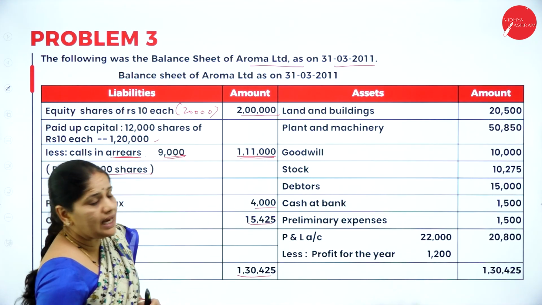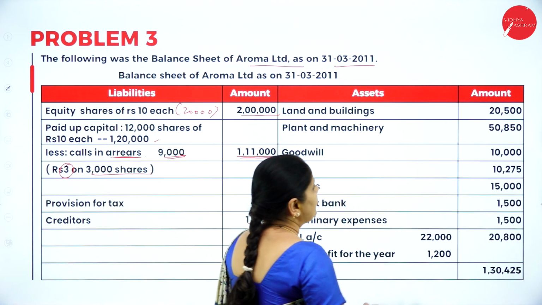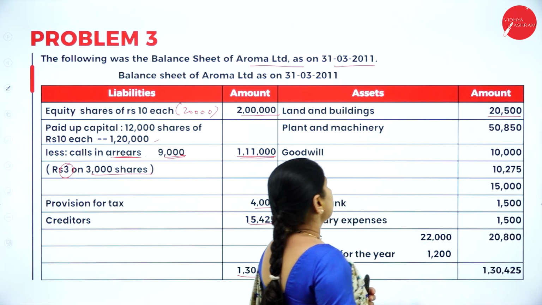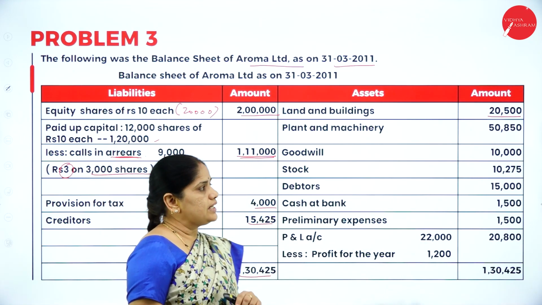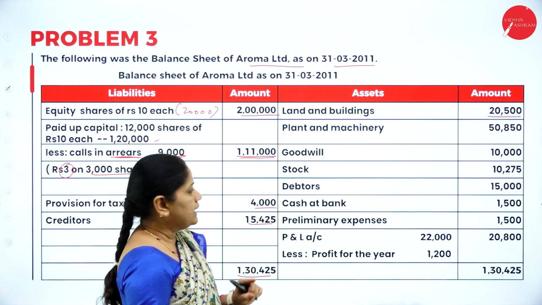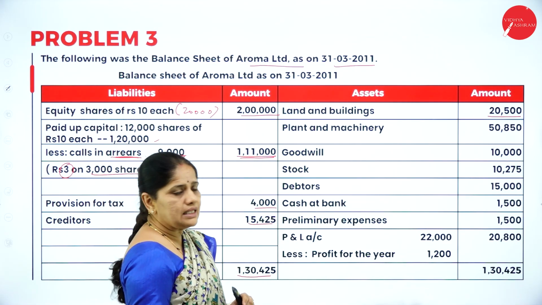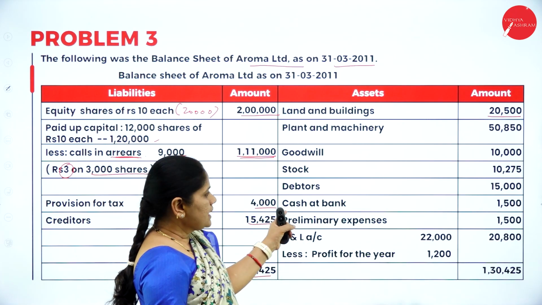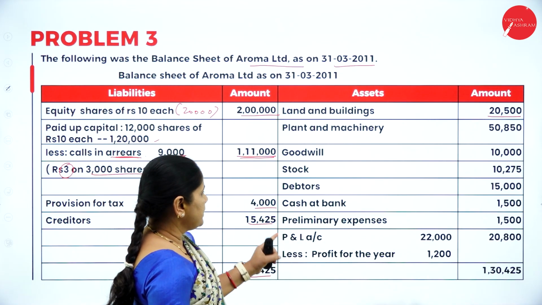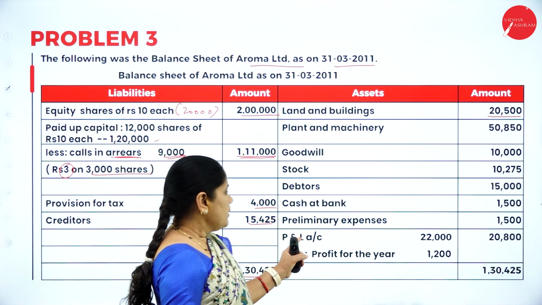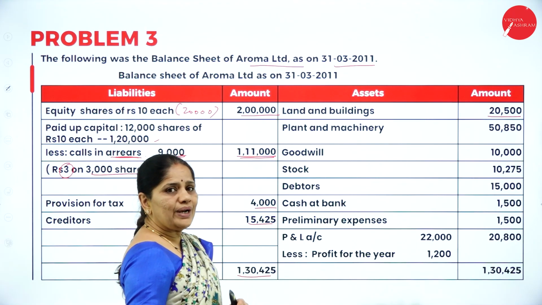Now, coming to the asset side, we have land and buildings. The value of land and buildings is 20,500, plant and machinery 50,850, goodwill 10,000, stock 10,275, debtors 15,000, then cash at bank 1,500, preliminary expenses again 1,500, profit and loss account